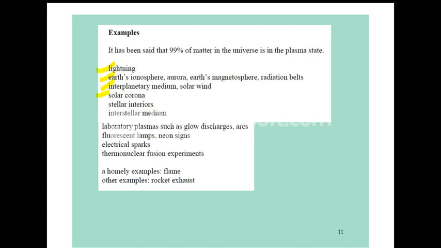Even lab plasmas such as glow discharge, arc, fluorescent lamp, neon signs, electrical spark, thermonuclear fusion experiments are a few examples which you can make in a lab also. Even homely examples like the flame, or rocket exhaust, are a few examples where we can say plasma